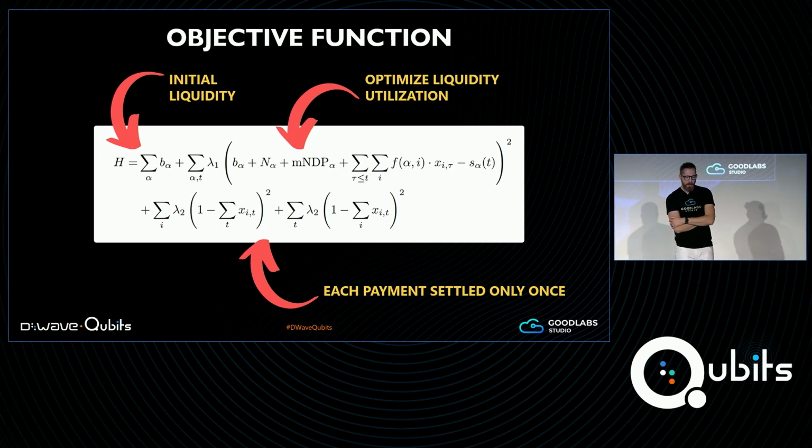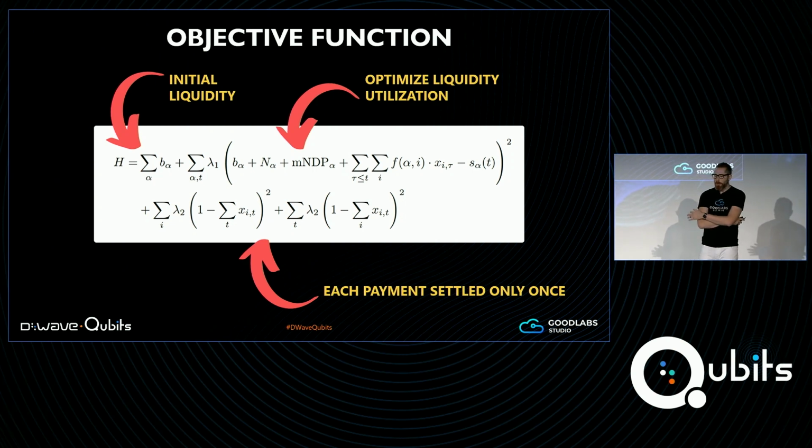Okay, so when the situation gets a lot more complicated, and we have, say, 16, 17 players and many, many payments throughout the day, how can we get the annealer to solve it? Well, of course, we have to formulate this problem in terms of an Ising Hamiltonian. This is the one we've derived. I've shown it up on the screen. I'm not going to go through it in excruciating detail, but there's sort of three main parts to think about.